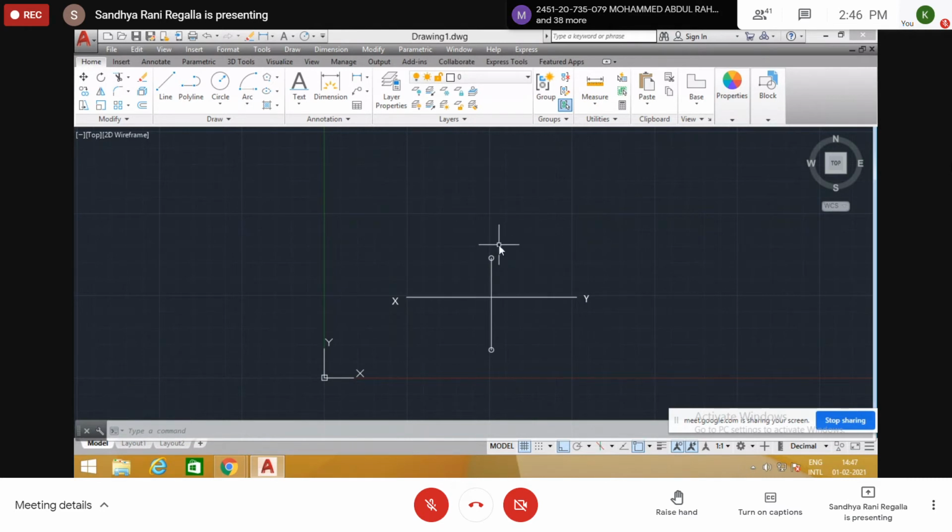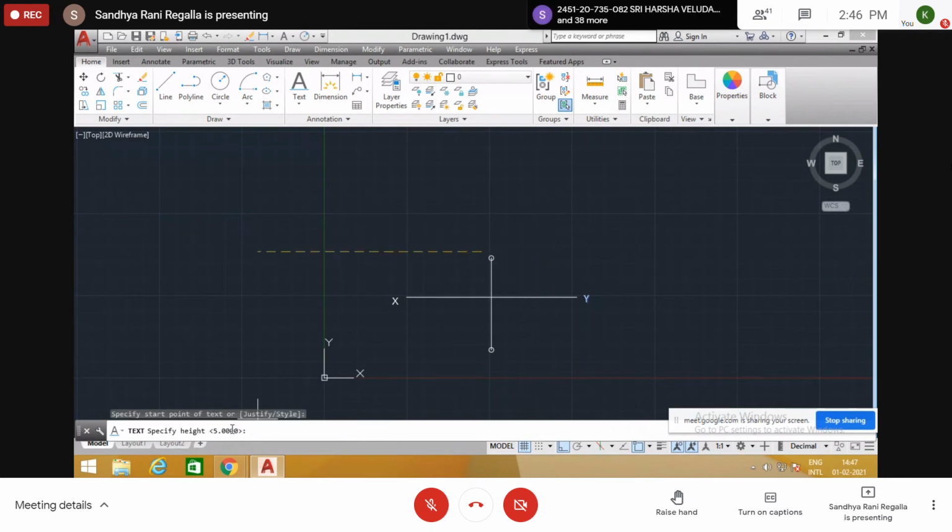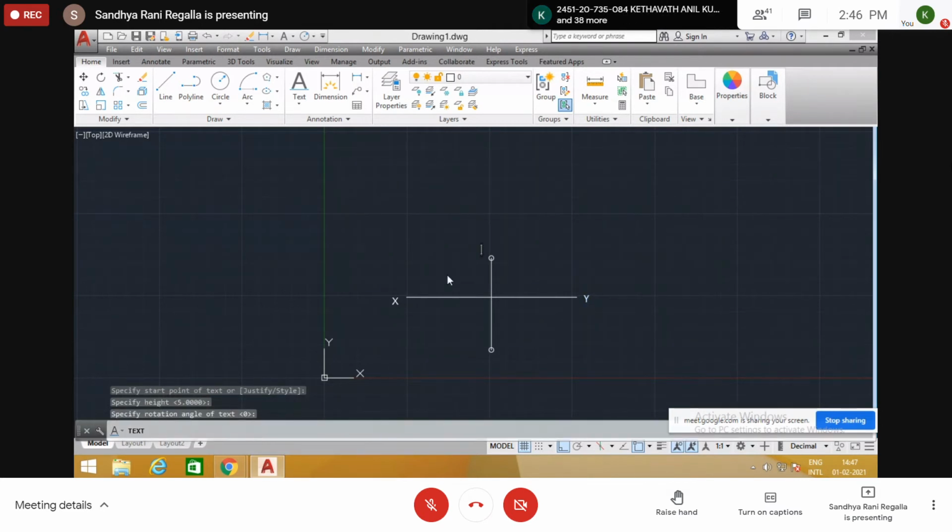Right. Now again we need to give the text. Starting point here. Again it is asking for specify height. We go with 5 only. So simply press enter. Angle, simply press enter.